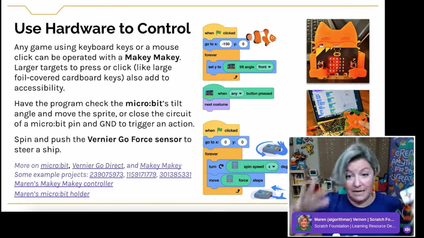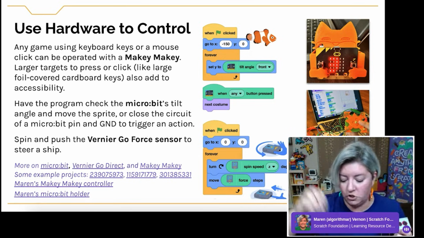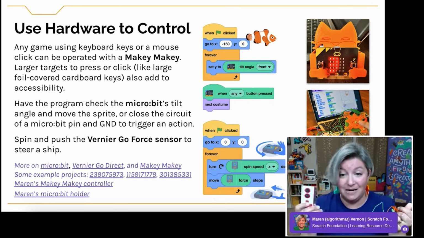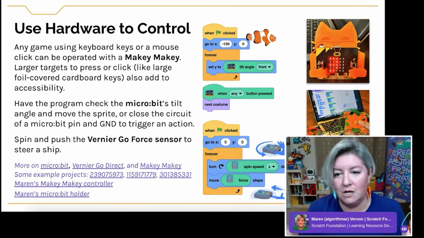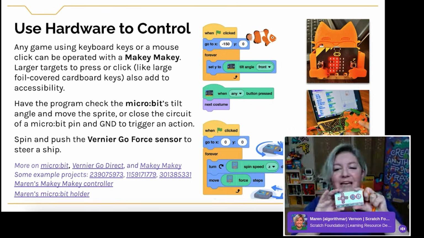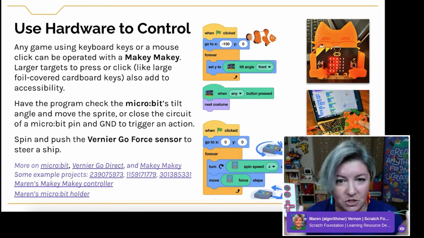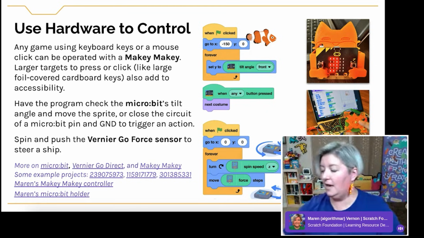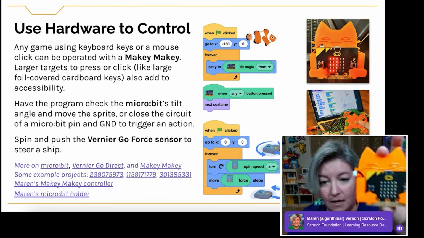Now I have these big buttons that I can push instead of just pushing my keyboard keys or my mouse. This could really open up accessibility options. Plus, who doesn't want to control a game with bananas? So it's a really fun way of potentially controlling your game. Maybe you don't have the Makey Makey, maybe you have a micro:bit.